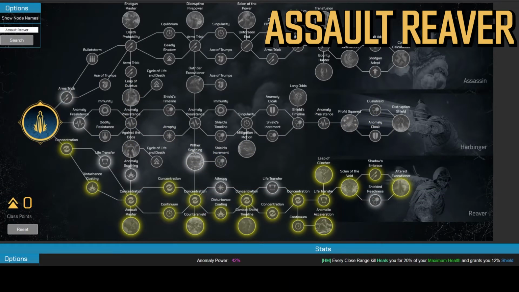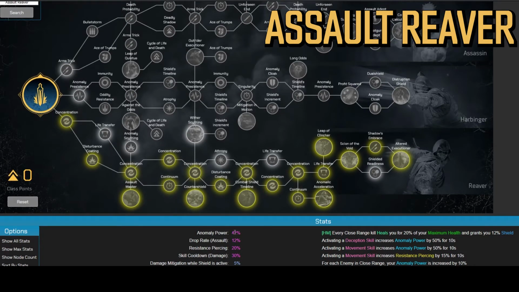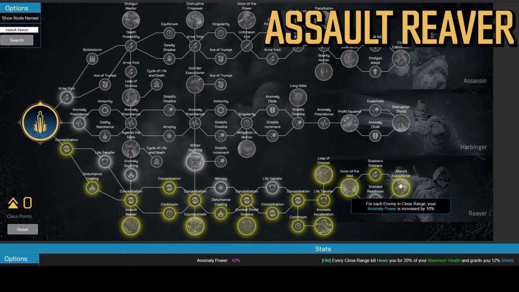Next is the Assault Reaver, another build I can't wait to try, and this one is using Assault Master, which gives you 7% damage for each unlocked node of concentration. We have 7 of those nodes, so that's 49% Assault Rifle damage. Combine that with this increased firepower by 15% of your anomaly power, then this 50, 50, 50, 150% total anomaly power increase. On top of that, 42% anomaly power increase. On top of that, extra anomaly power